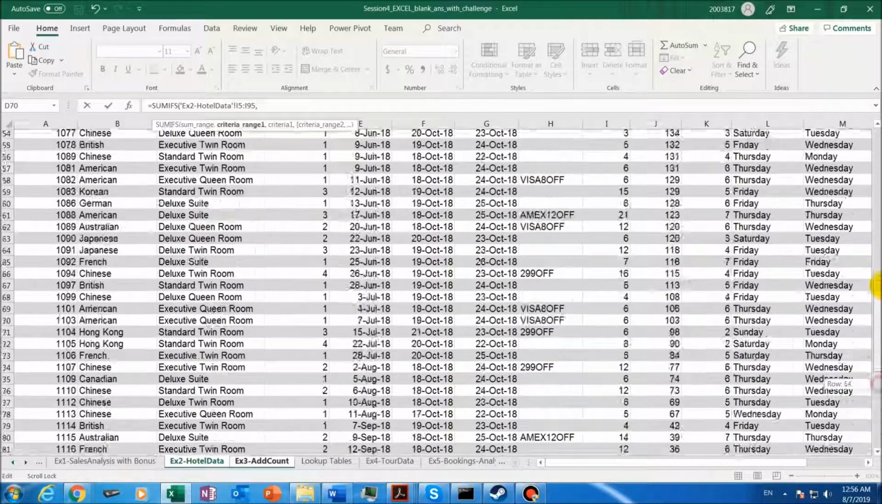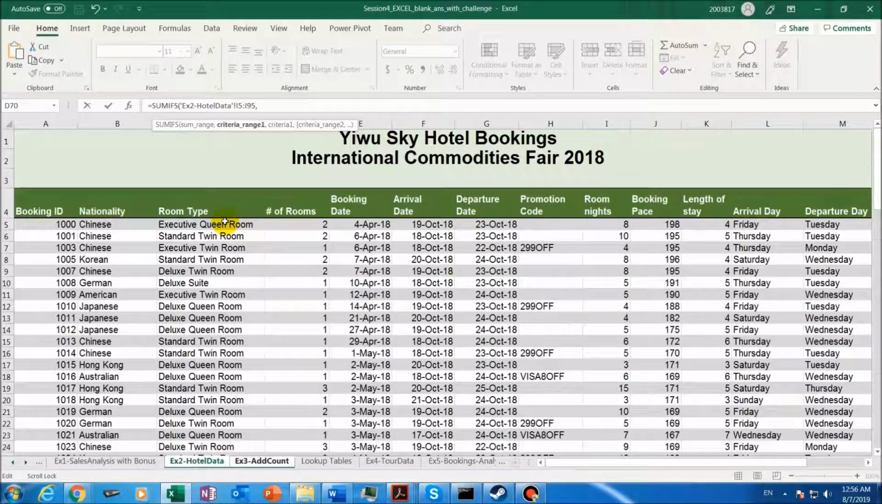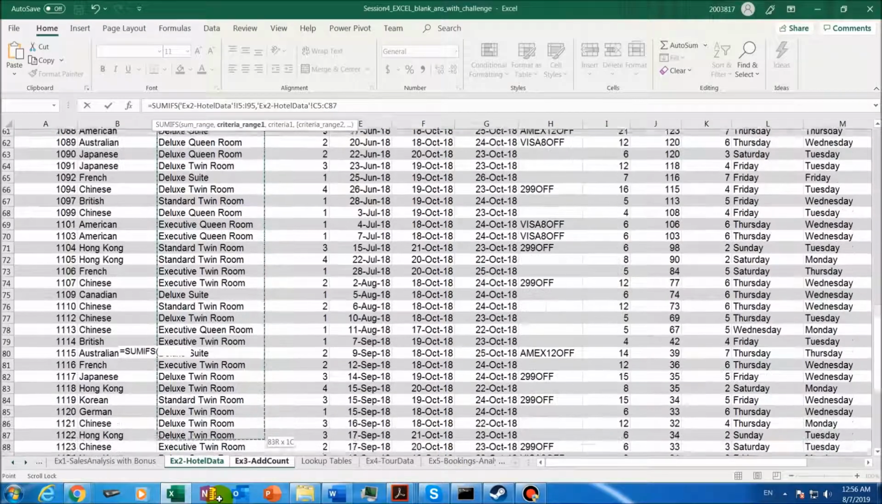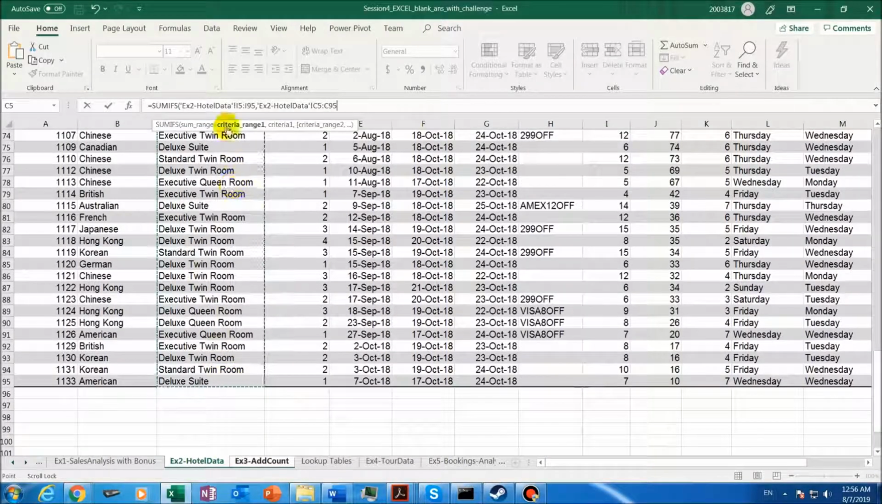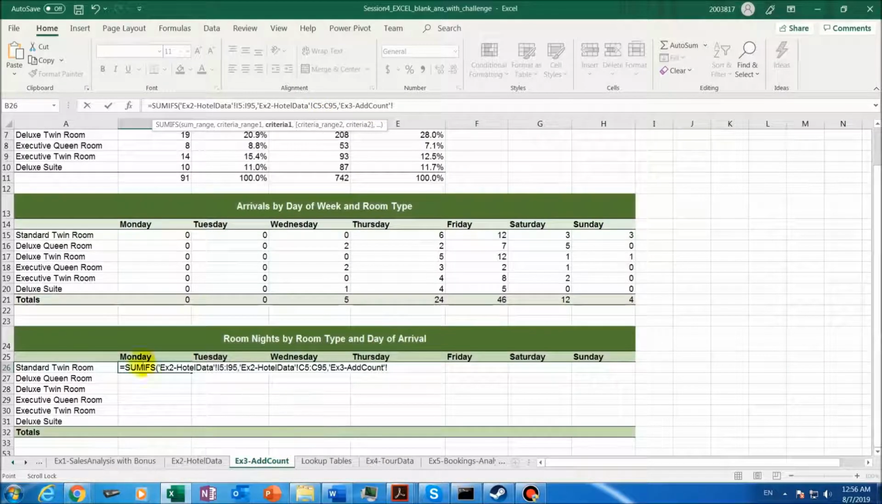So I'm going to select the room type first. Okay, so I want to add the room nights if the value in room type is equal to, and I go back here. Okay, I remove this. Okay, is equal to standard twin room. And